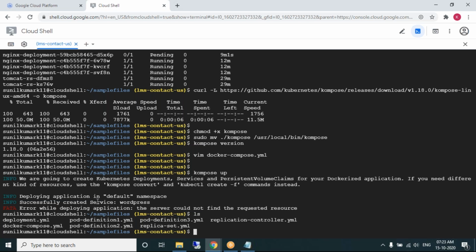Successfully created WordPress service. Error while deploying application, the server could not find the resource.